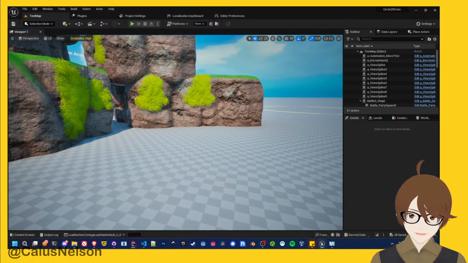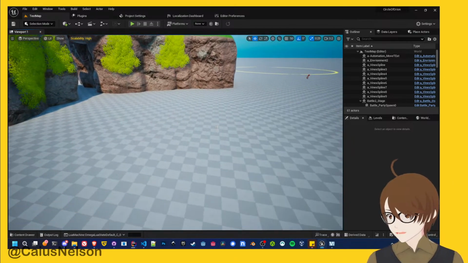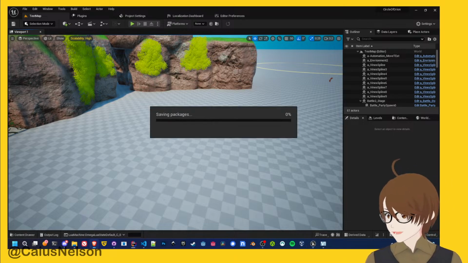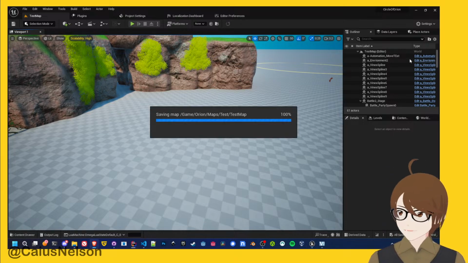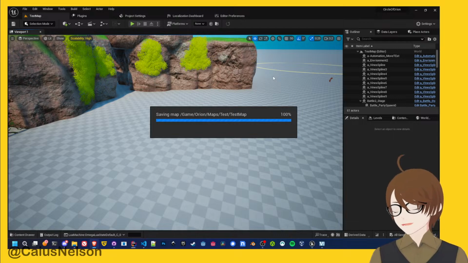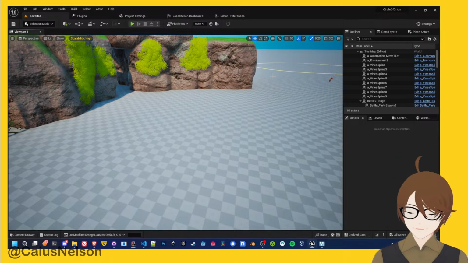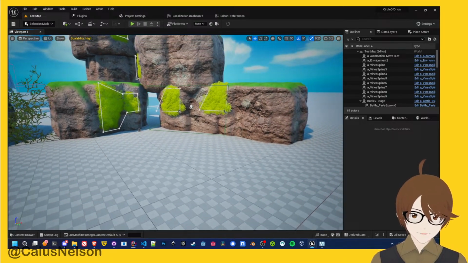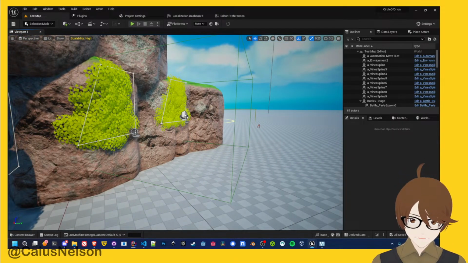Dynamic cameras. So this is a system I'm working on. Hello, Sarah. Wait a minute, let me check something. Oh, okay, I hit save again. It's a problem I need to figure out, that I'm afraid of hitting save because it'll take a while to actually save. Let me get back to working. Anyway, a system I am working on is